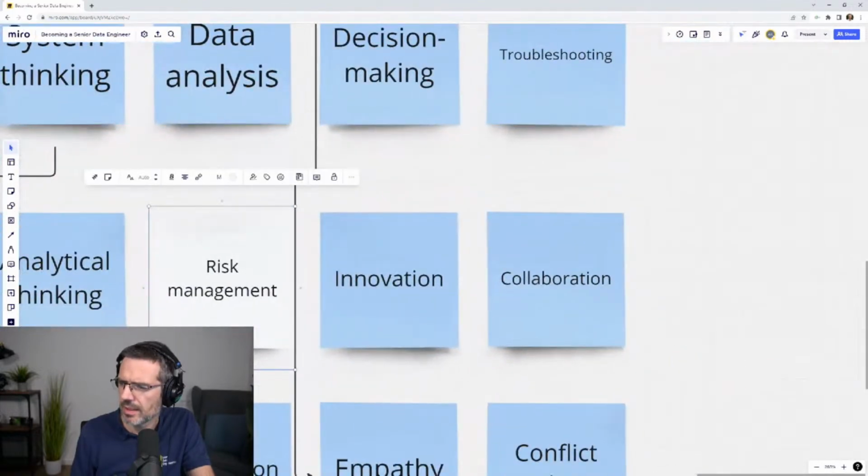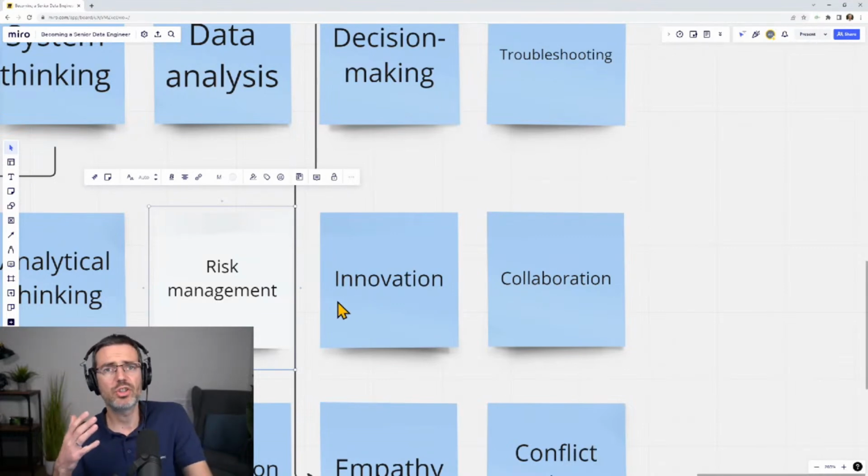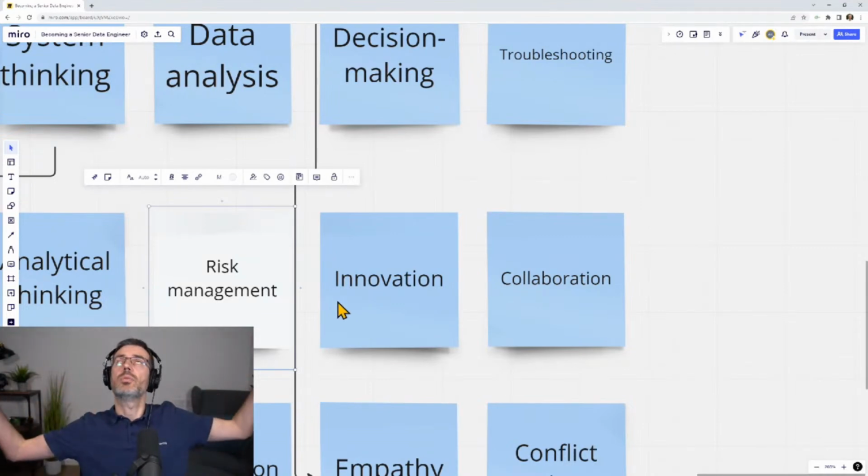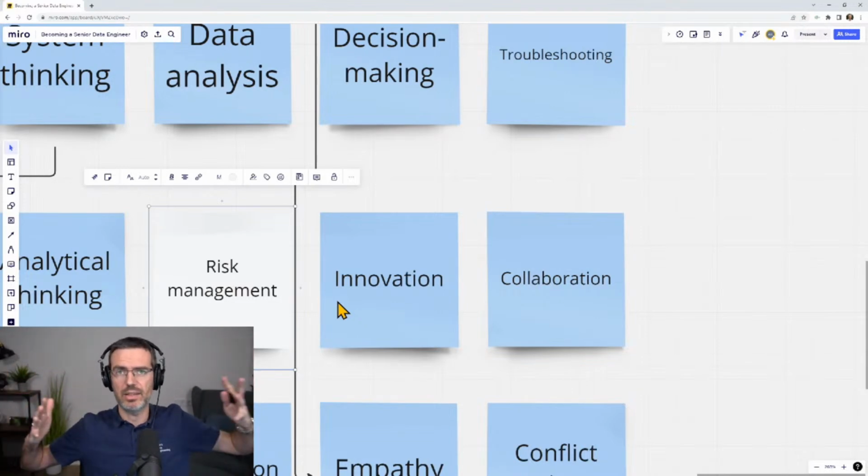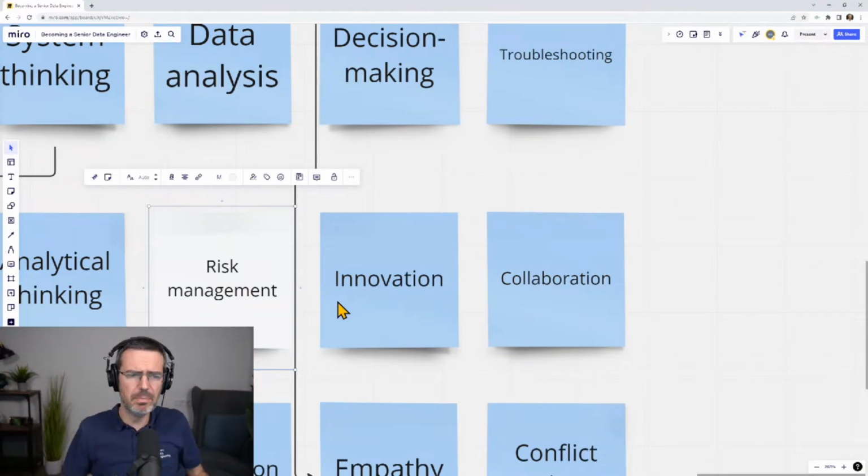Innovation. Senior engineers should be able to identify innovative solutions to complex problems and propose new ideas to improve data engineering processes. So innovation doesn't need to be a big deal and innovate the whole industry, but it can also be a small part where you come into a company, you start working in a team, and you figure out, okay, what we're doing here is not really perfect.